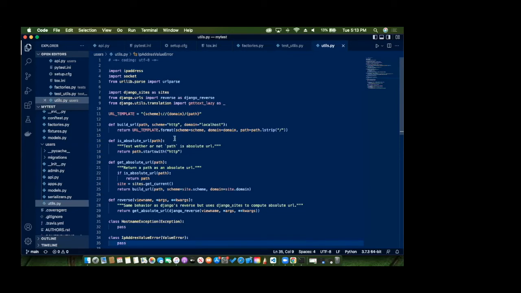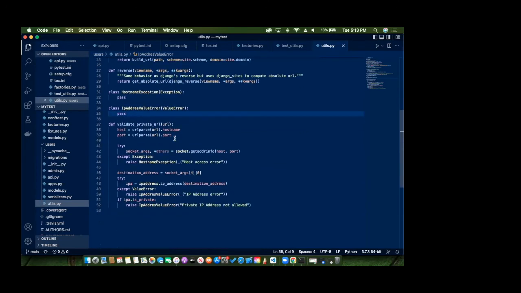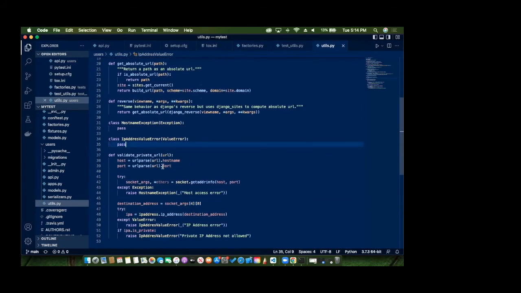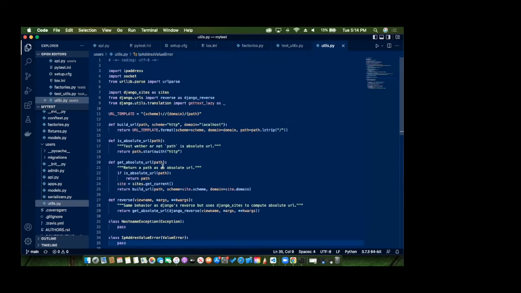So what we have now are the util tests that we're going to be using to test our user. It's a lot of code here, but don't worry about it. Basically, we have to test whether or not the path is an absolute URL. How do we do that? We're going to check if it starts, of course, with